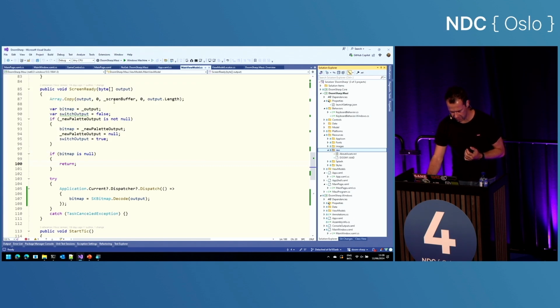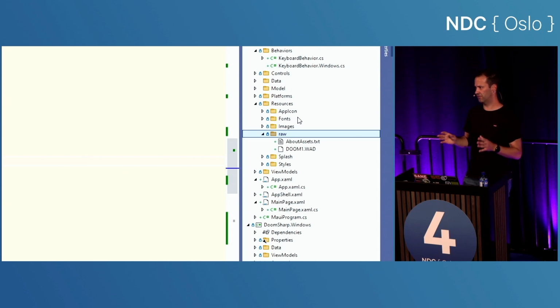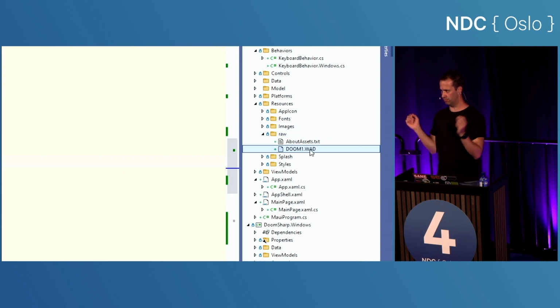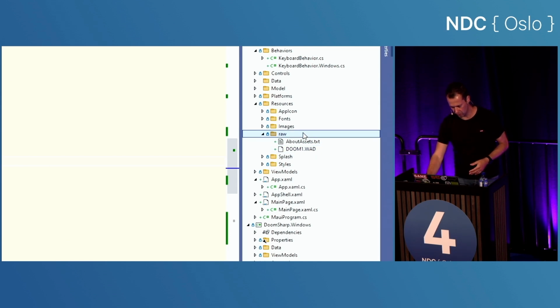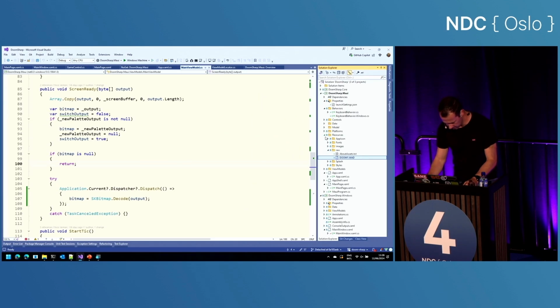And depending on the subfolder you put it in, your build pipeline will do different things with it. So if I want to keep the file as is and just put it into the container, I need to put it into the raw folder. So this is now there. If I build this and ship this, the WAD file is included in the actual application, which is what I wanted.